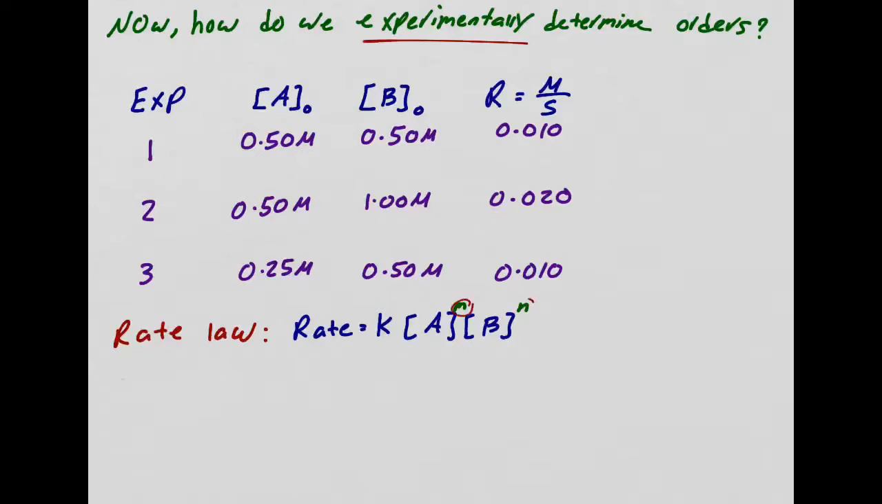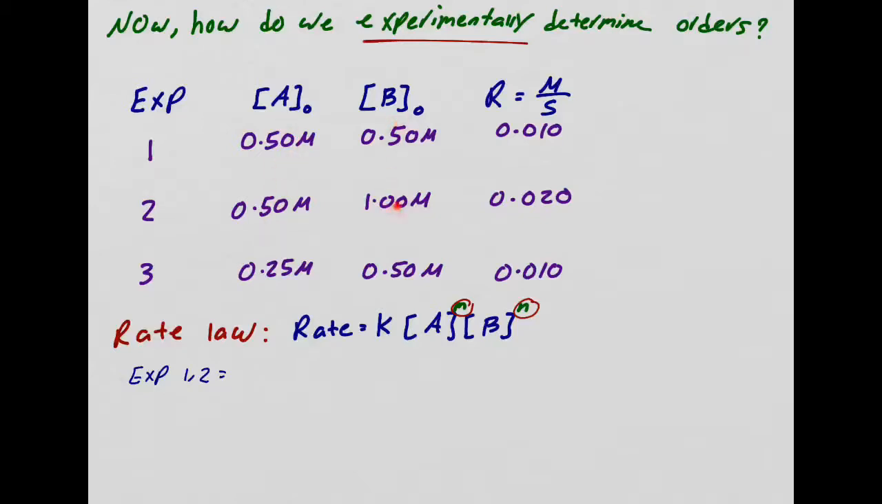And how do we get the orders? We have to do an experiment. You ready? Okay. Pay attention. Let's look over here. I want you to look at experiment 1 and 2. If you look at experiment 1 and 2, I like them because the A doesn't change, the